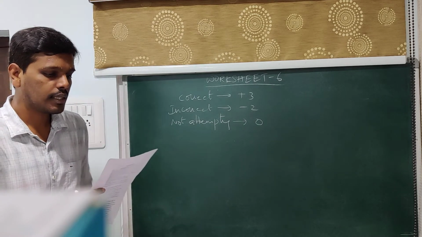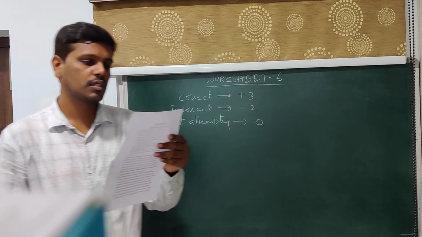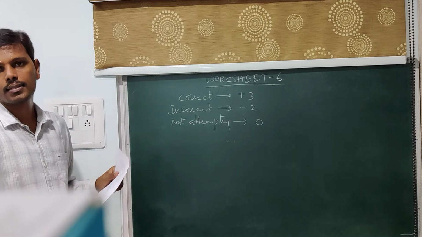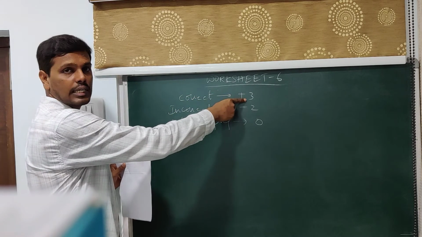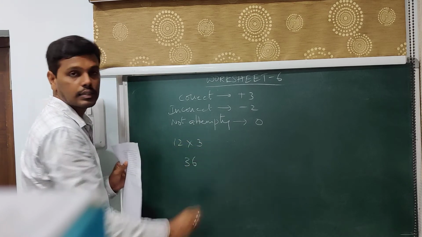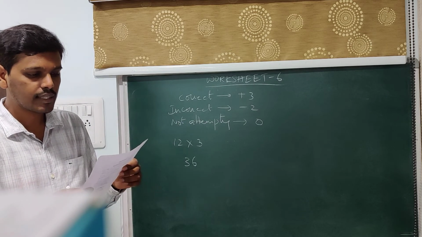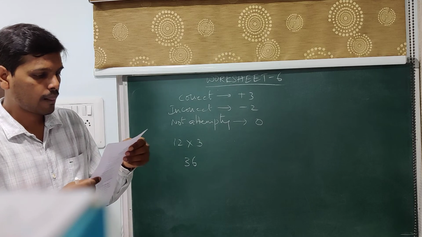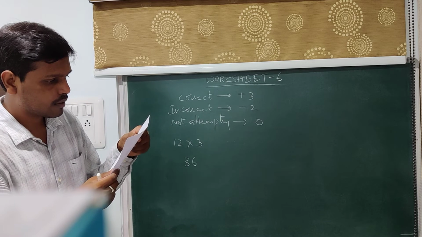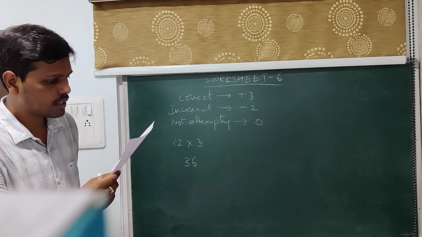Now look into that. Radhika scored 20 marks. If she has got 12 correct answers, how many questions has she attempted incorrectly? So she has written 12 correct answers. For one correct answer, she will get 3 marks. 12 correct answers, it is 12 into 3, which is 36. Now we don't know how many incorrect answers she has attempted. So how many questions has she attempted incorrectly?